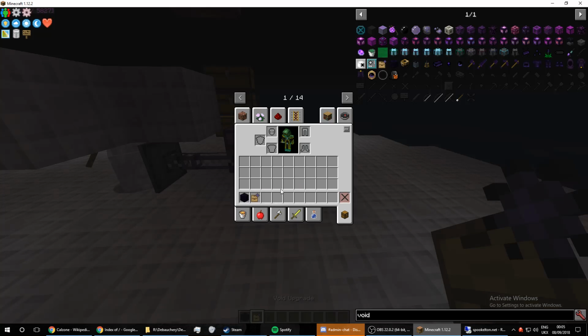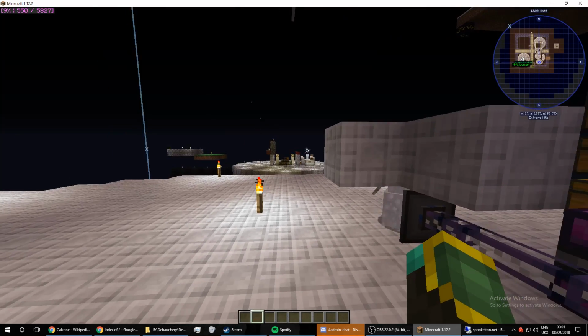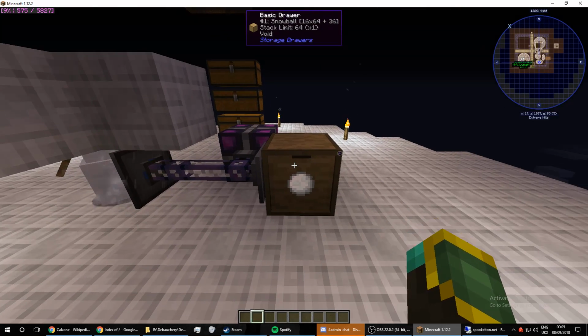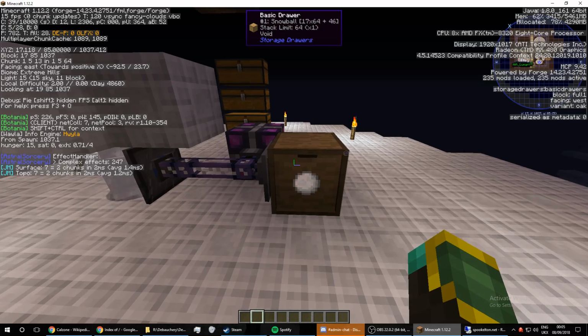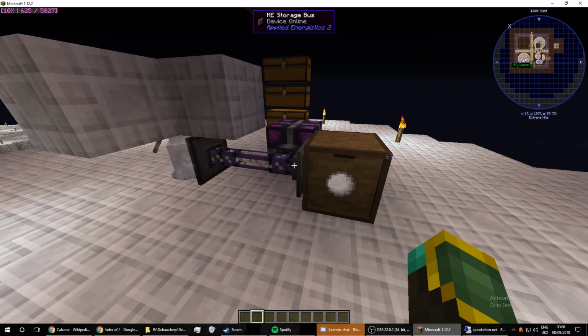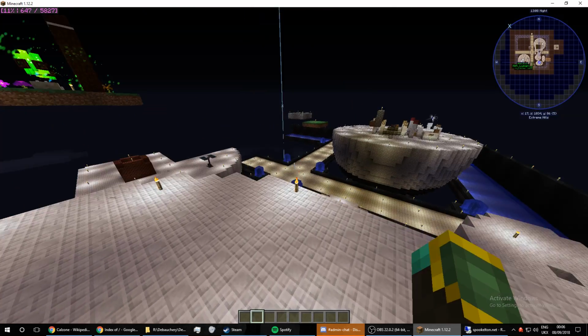There's only really 2 things in here that are super laggy. Make that 3. So I could just take this recycler and put it in a chest. Take this fluid, these things, and just chuck them in a chest. But if it's